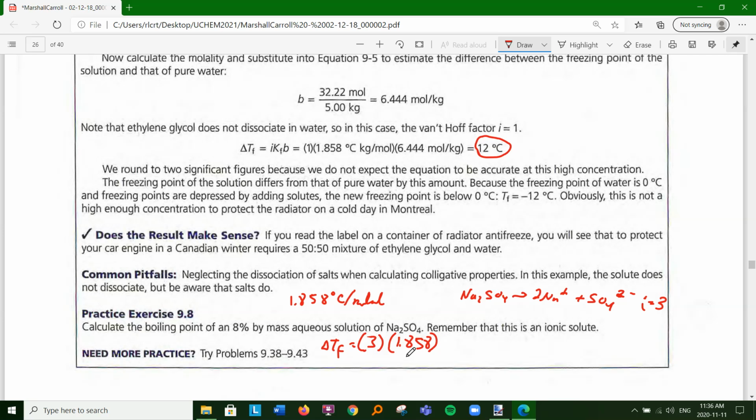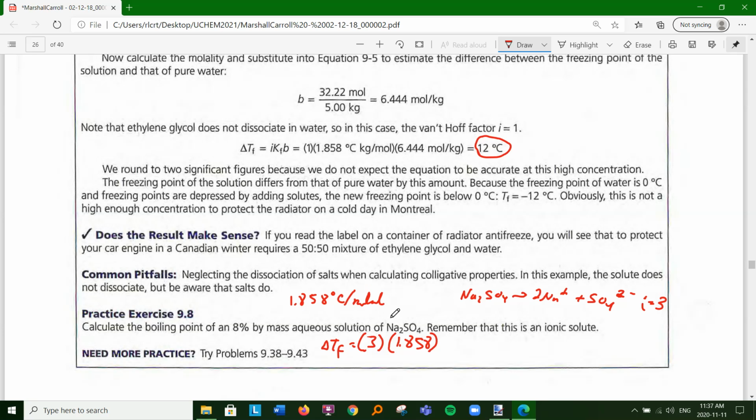And then I got to get the molality. So let's get the molar mass of Na2SO4. I'll just go to my good friend, the periodic table. Sodium, you think I can do that off the top of my head? No, I know some of you are probably going to Google this, but I'm not. Na2SO4, right? Sodium is 22.99, 23. So 2 times 23 plus 4 times 16 plus 32. Sulfur's 32, right? Yeah. 142. Okay, so 142 grams per mole